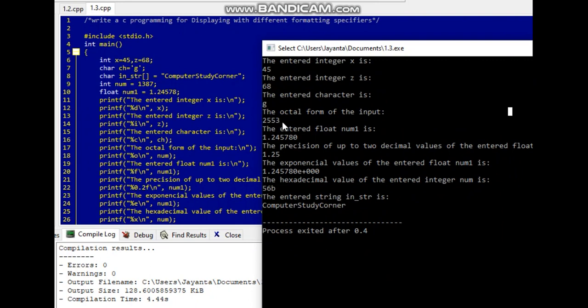The octal value of this number, that is 1387, is here.